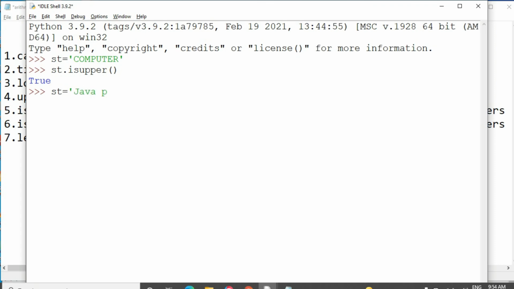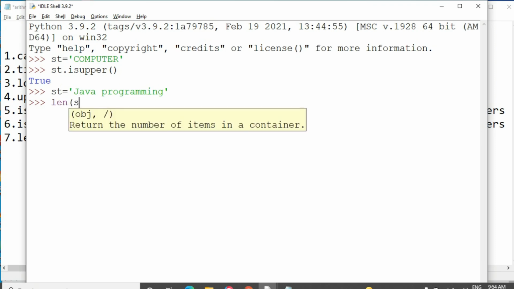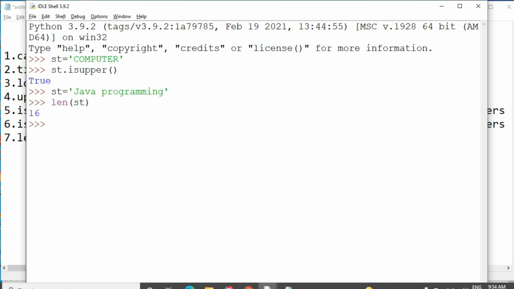I am taking the string as Java programming. I want to know the length of the string, so I am going for the length of function, length of st. It displays 16 characters.